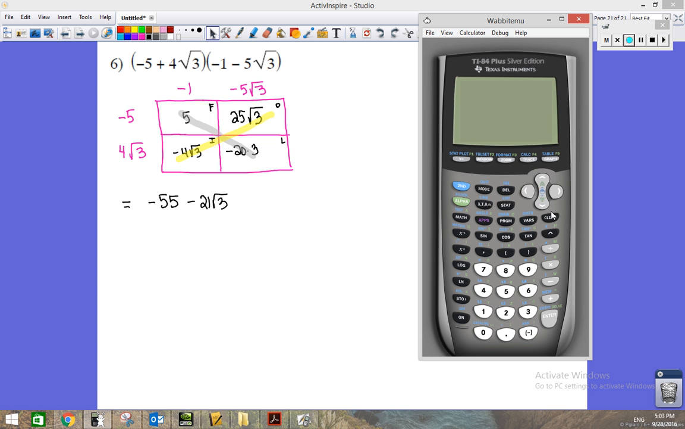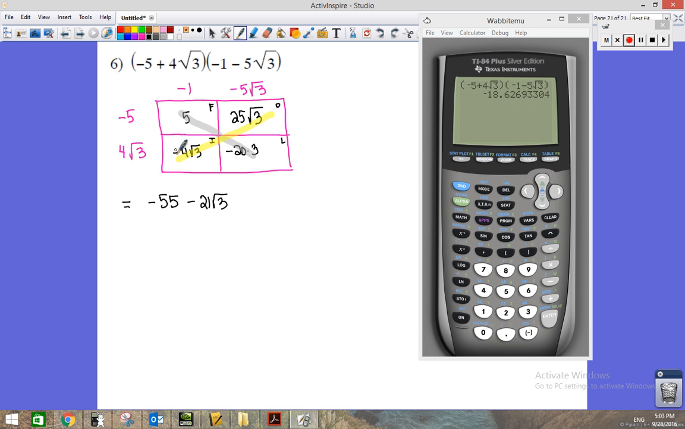So I don't understand why. Maybe my check was wrong. I've got negative 5 plus 4 times the square root of 3. I have negative 1 minus 5 times the square root of 3. Getting negative 18. But over here, I see my mistake. You probably are yelling,